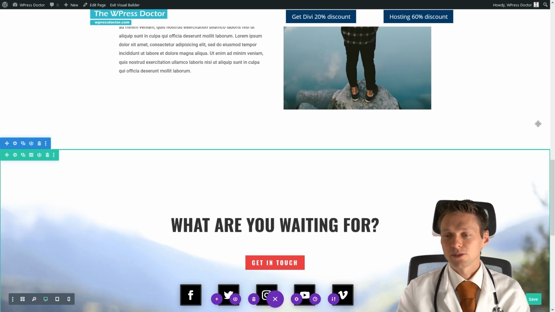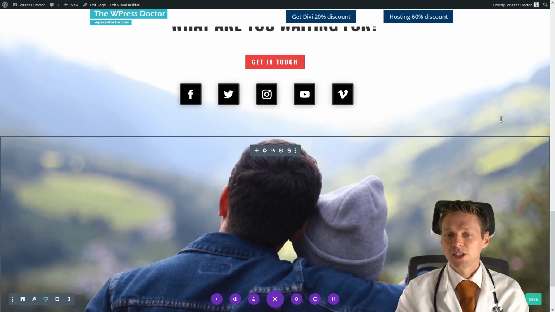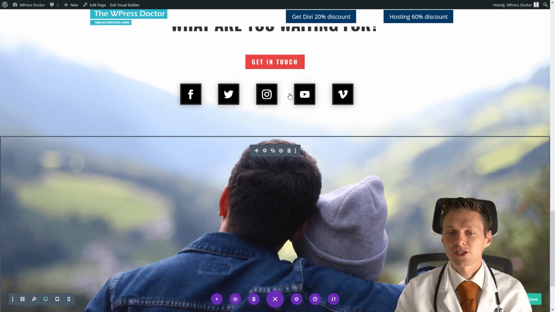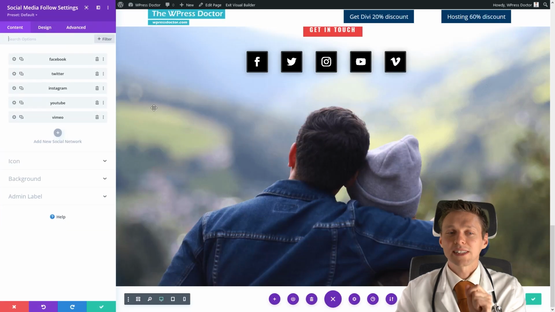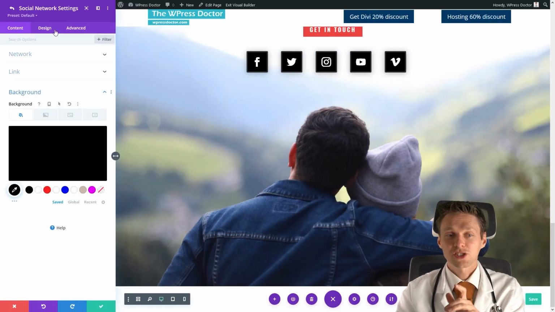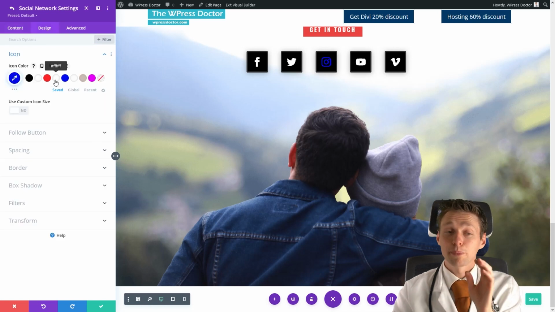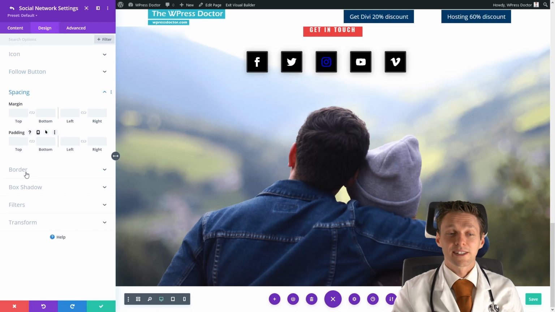Now this is really styleful if you want to show the icons just not so much and all the same colors. It is all possible when going into the settings of the individual social network. So enter your link right there, change the background. You can change it per social media network, which is really great.